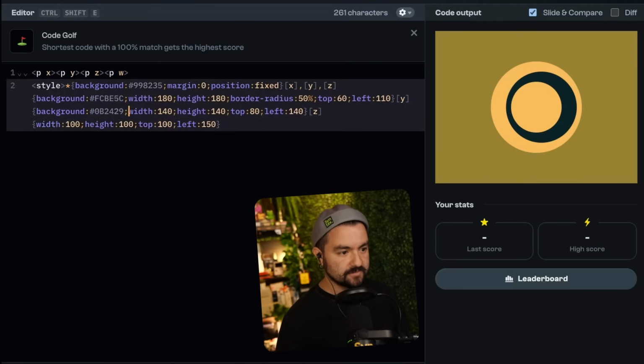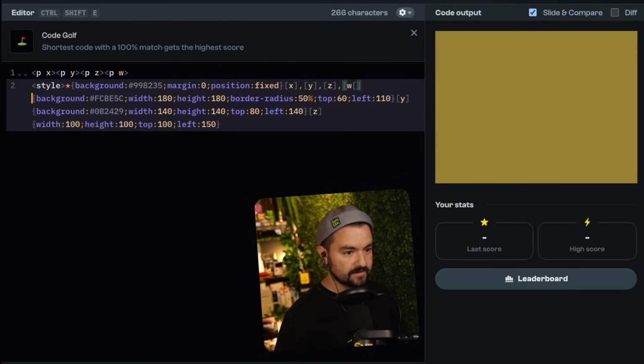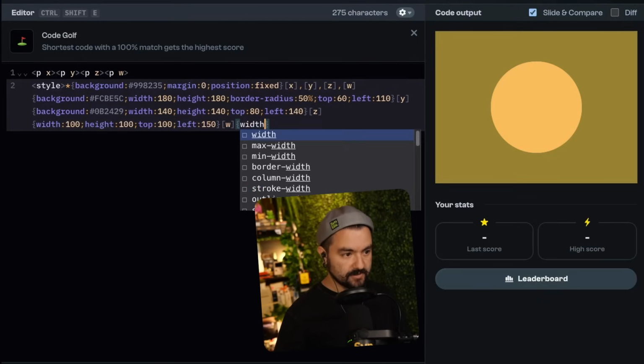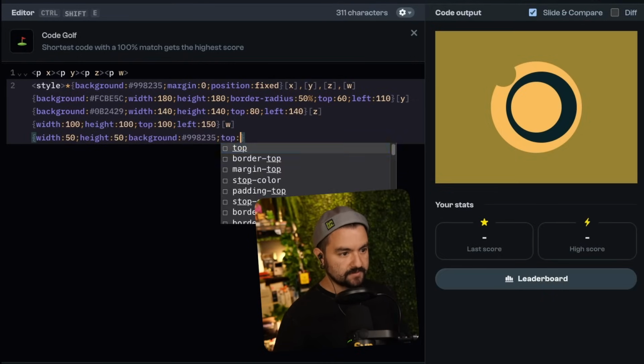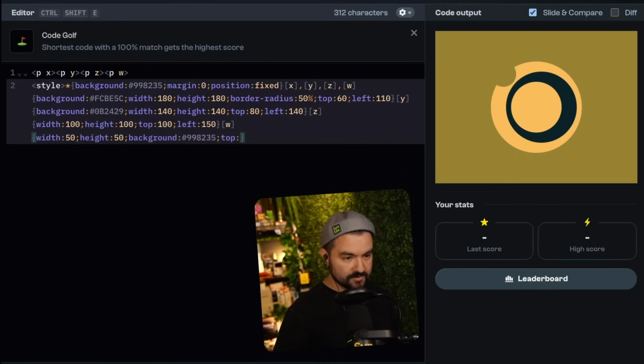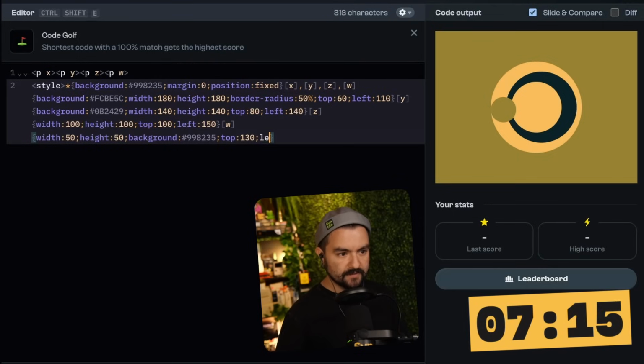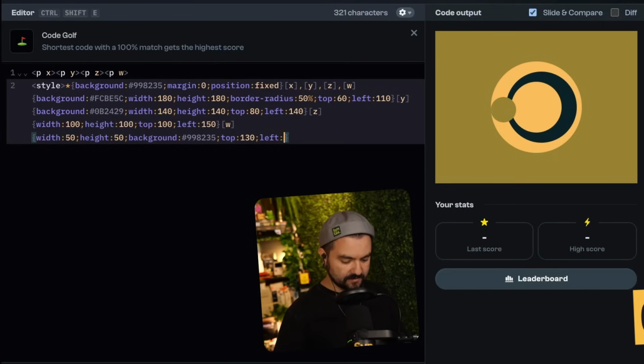We'll give it an attribute of W. Style all of those in the same way, and then W has a width even smaller. So let's try like 50 and a height of 50. And it's going to have a background of this color. And then top will need to be even more. So we'll try 140, 130. And then left will be even more. So like 160,